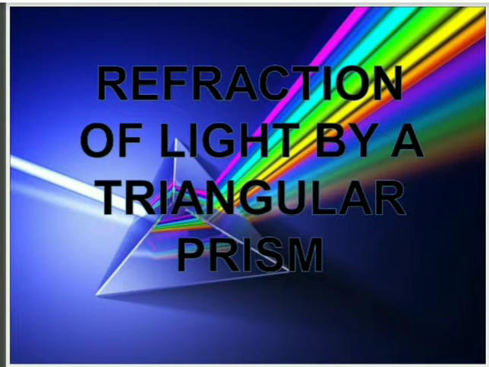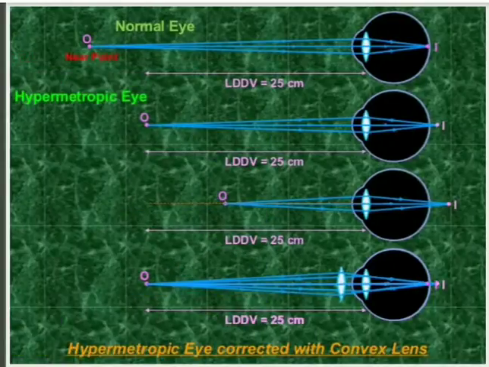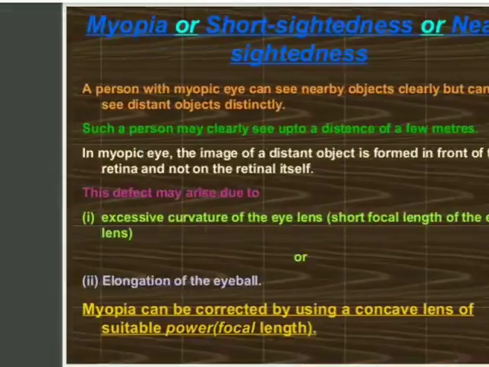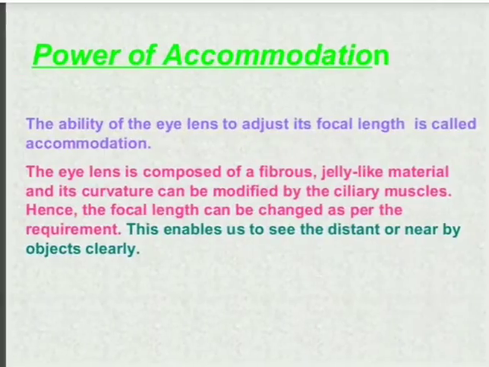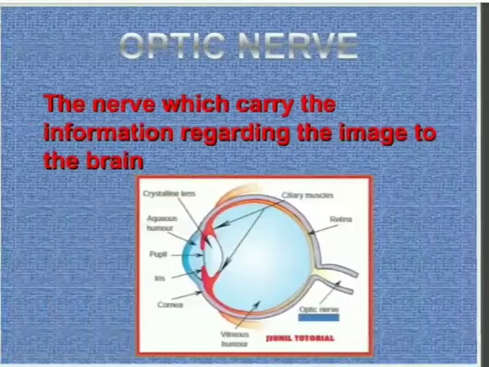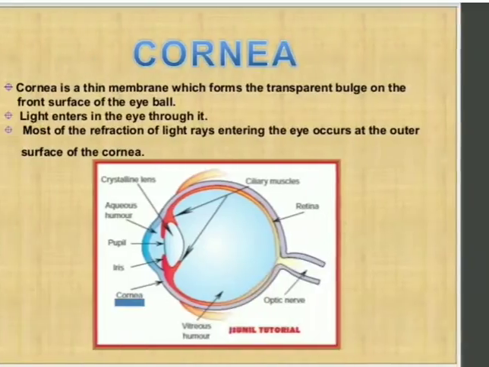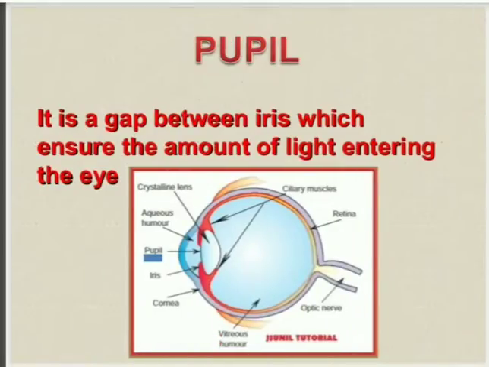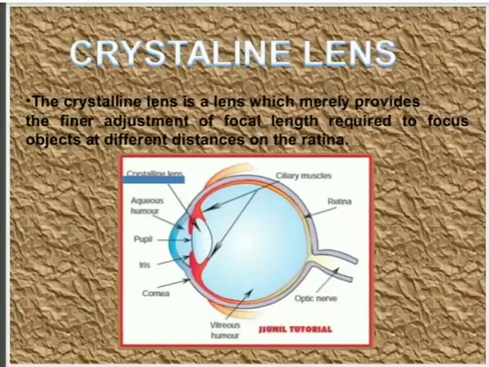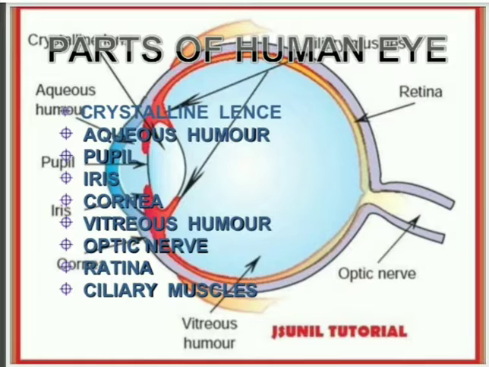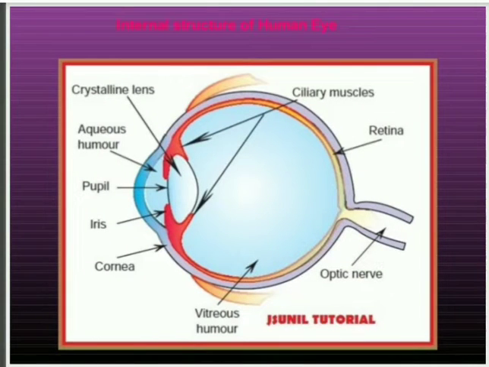Students, we were doing chapter I and we have done different parts of the human eye. I have told you each and every part of the human eye and what their functions are. I think you must know by now how to draw the human eye and what the different parts of the human eye are, isn't it? And what the functions are, why they are very important for us.